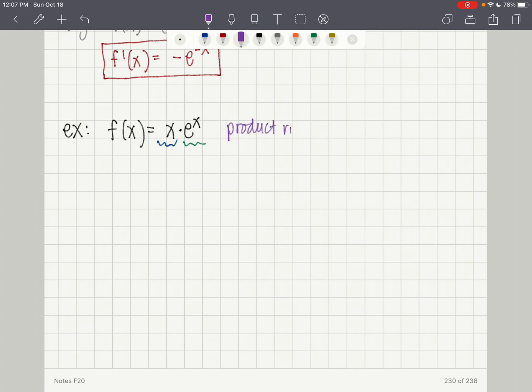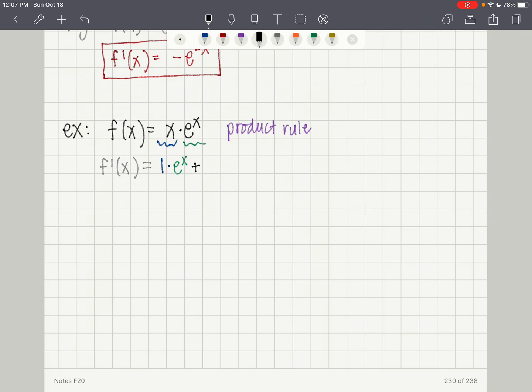So you remember the product rule. The derivative of the first times the second plus the derivative of the second times the first. So that's what we'll do. So we've got f prime of x, we'll start there. F prime of x is equal to the derivative of the first, which is 1, times the second, e to the x, plus